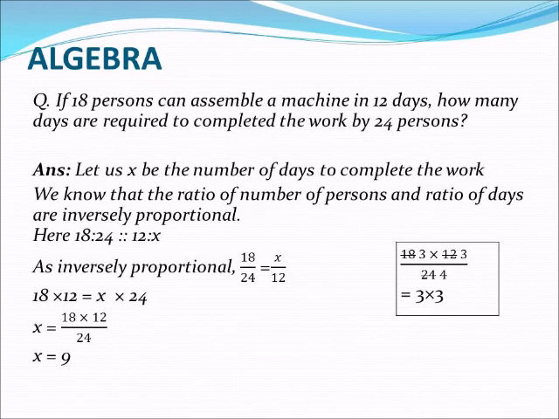So 9 days are required to complete the work by 24 persons. That is the